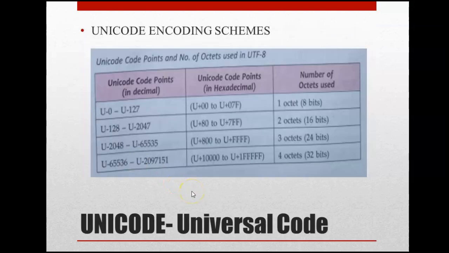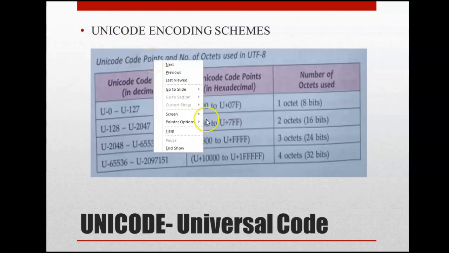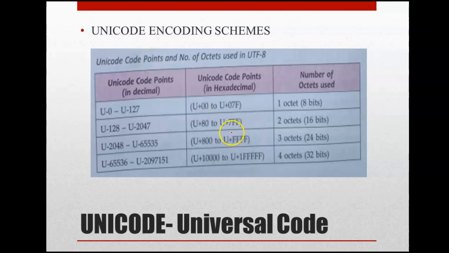Like that you have one more coding scheme, which is the Unicode encoding scheme. The full form of Unicode is universal code. ASCII was for America, American Standard, where A stands for America. Then ISCII, I stands for Indian. This is universal. As such, no country name is mentioned here. Universal means it is acceptable by all. Whether you are part of India or from abroad, everyone follows the same coding scheme, which is called the Unicode encoding scheme.